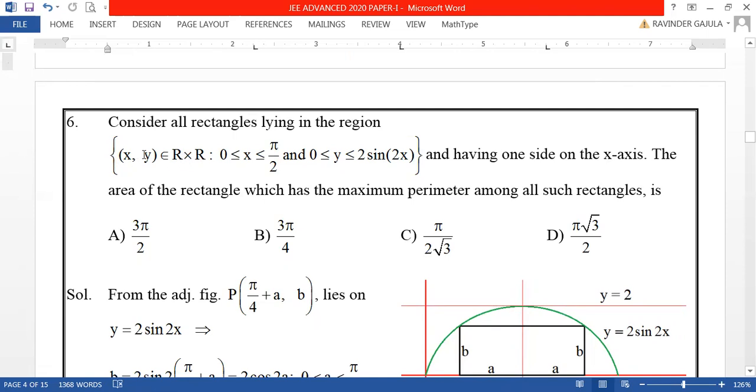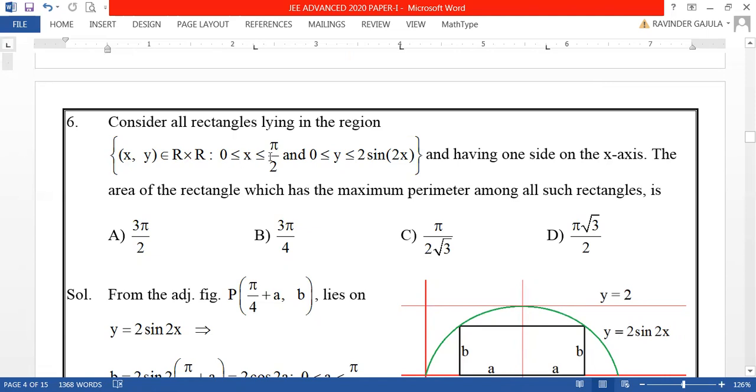So x belongs to R and y belongs to R. X can be any real value, y can be any real value. Therefore, it is a point in the plane where